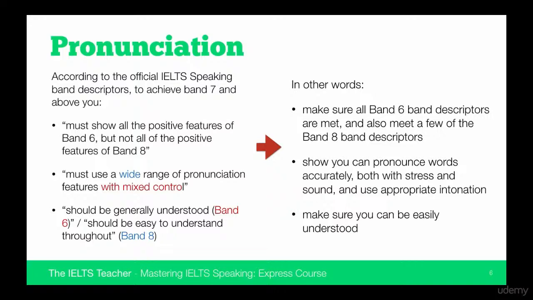criteria. You need to show that you can pronounce words accurately. That means using both the correct stress and the appropriate sound for the vowel or the consonant you're trying to produce. You also need to make sure you're using appropriate intonation. Essentially, this all comes down to making sure that you can be easily